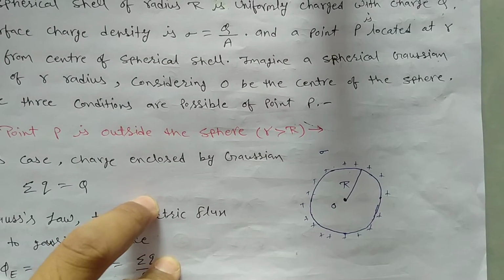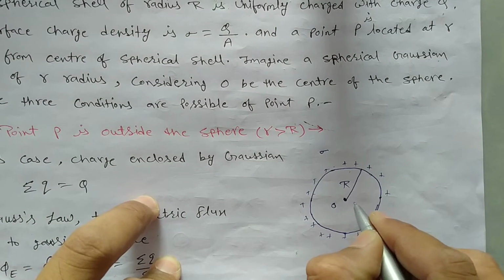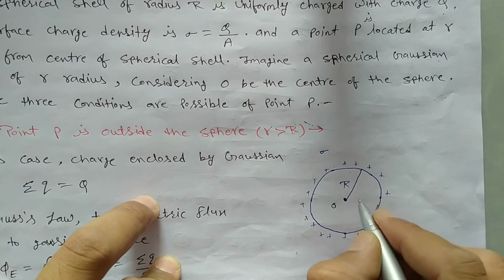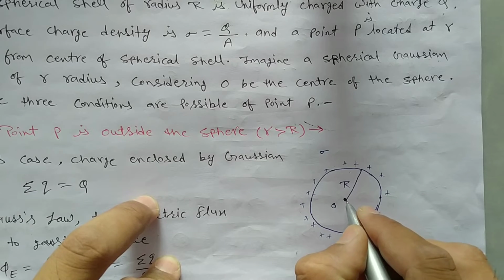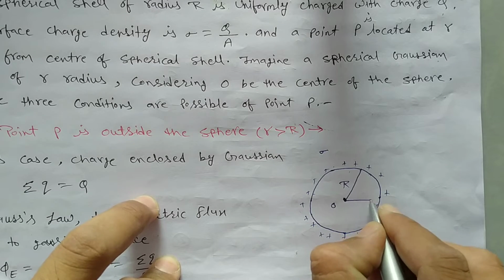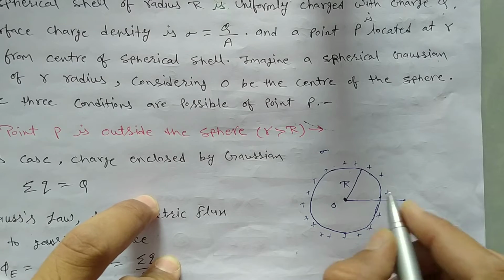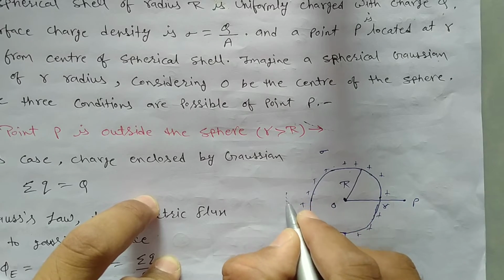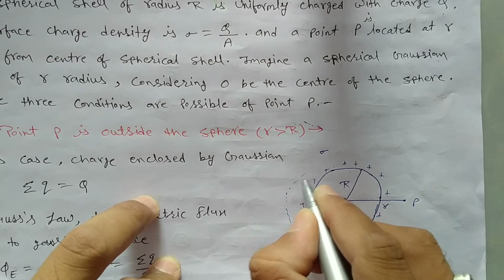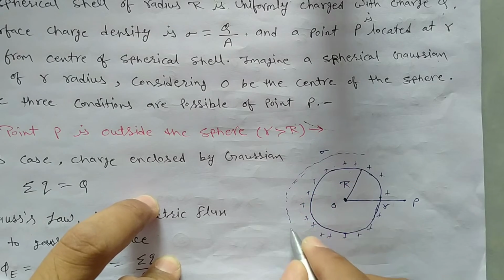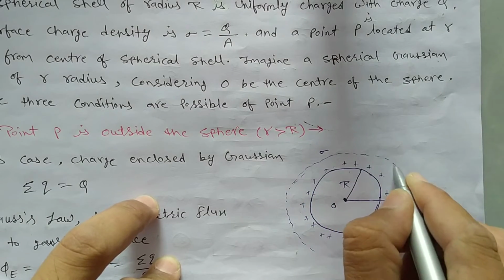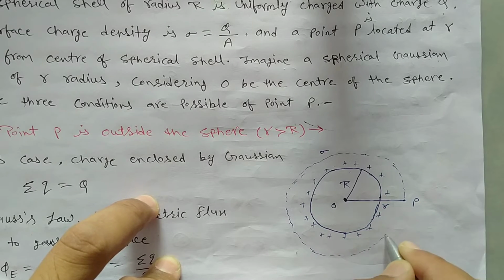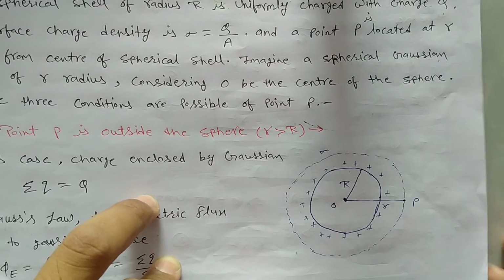To determine the electric field intensity, we imagine a spherical Gaussian surface of small r radius. What is small r? Small r is the distance between the observation point and the center of the sphere. Suppose this is point P, and imagine a spherical Gaussian surface which is passing through point P,